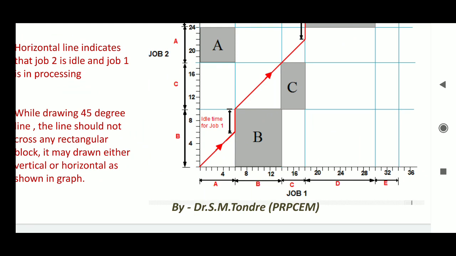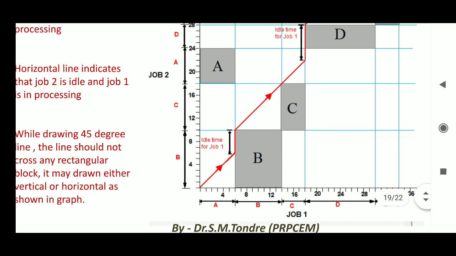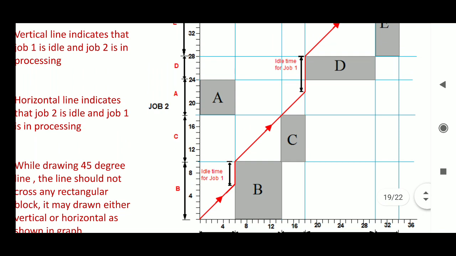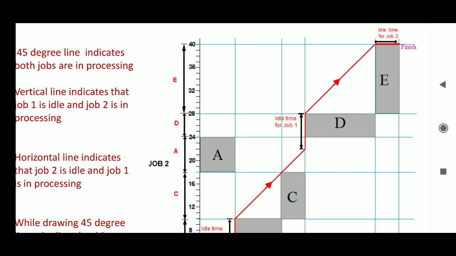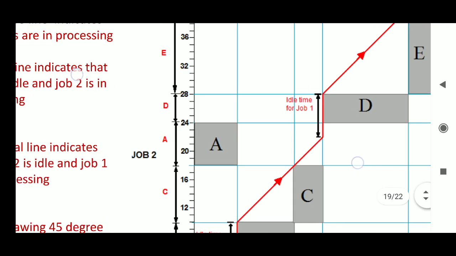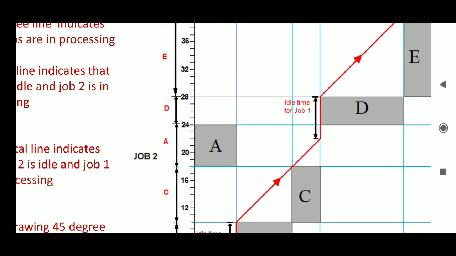Okay, and then we draw it in vertical direction. Then again from this corner of the B, make a 45-degree line. And again at the point near D, it will go in a vertical direction. If we proceed further, it will touch at D. Instead of doing that, we will draw it in a vertical direction.